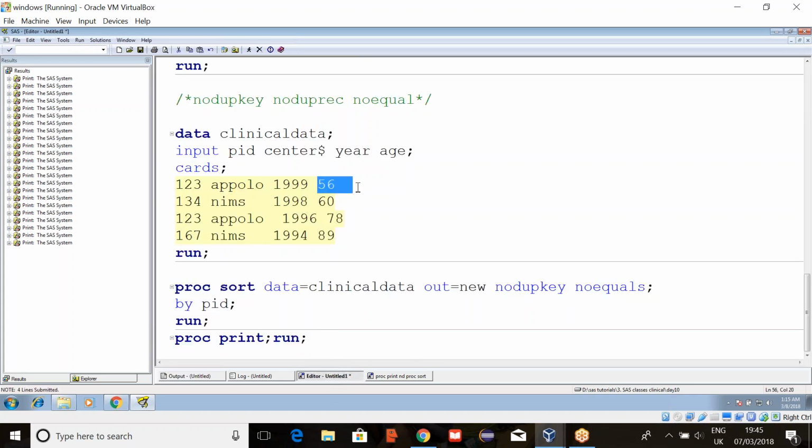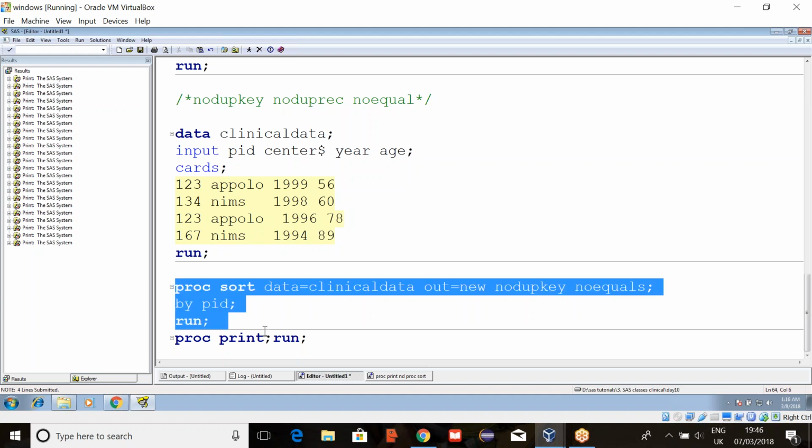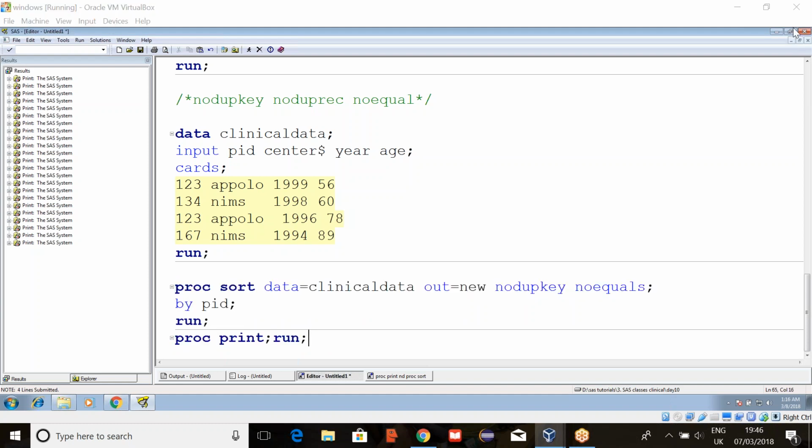Even if you have more than two records, it will consider only the second one. If the third one is the original one, can we keep that? No, we won't get that one. Then, as per the data, according to other variables, we have to sort it out, depending on the data.